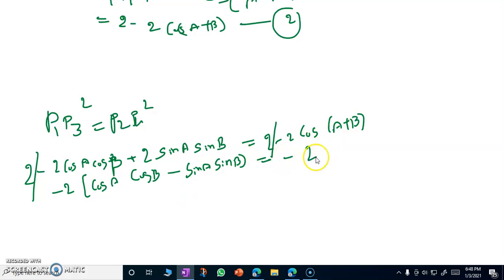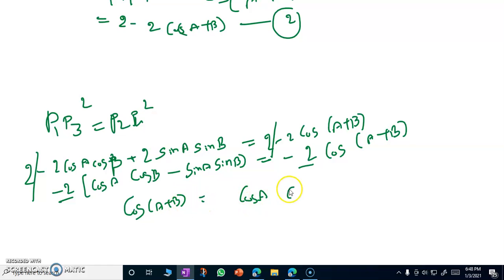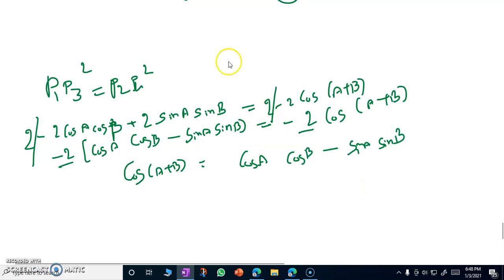Then minus 2 into cos of A plus B. Then minus 2 and here also minus 2, that gets cancelled. Thus we have cos of A plus B is equal to cos A into cos B minus sin A into sin B. Thus we have proved